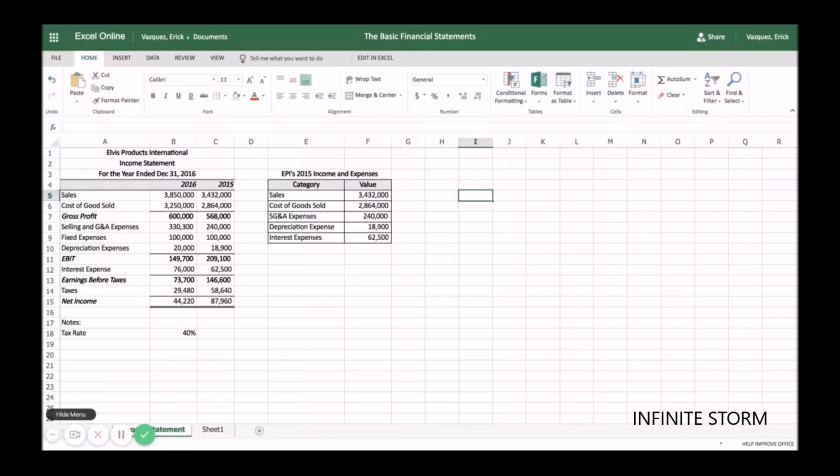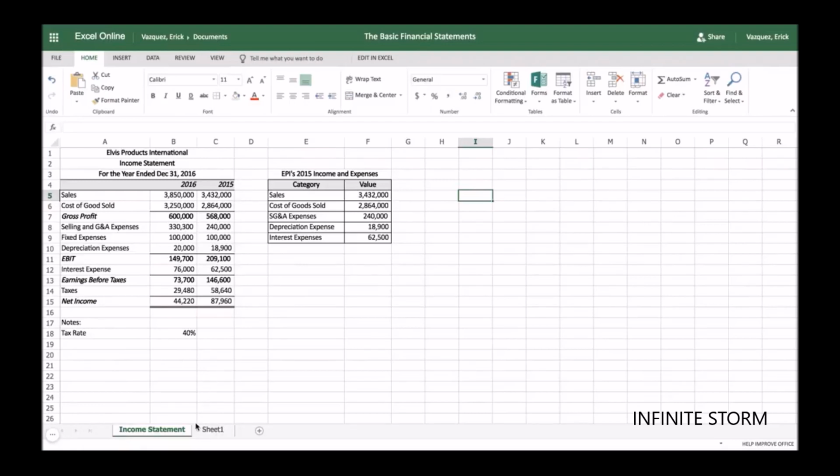Hello everyone. So today we're going to go over how to do an income statement on an Excel spreadsheet. An income statement is normally done for a specific company to analyze the amount of revenues and their expenses, which gives you their net income. I have a pre-made income statement here, which I will use for reference, but we're going to create a new spreadsheet in a separate sheet, so feel free to follow